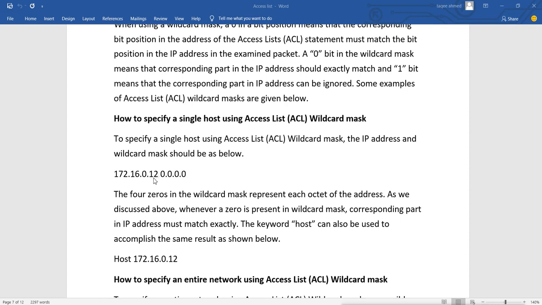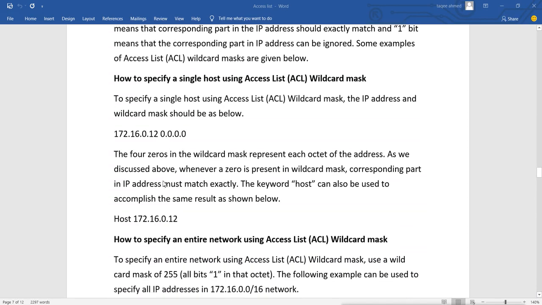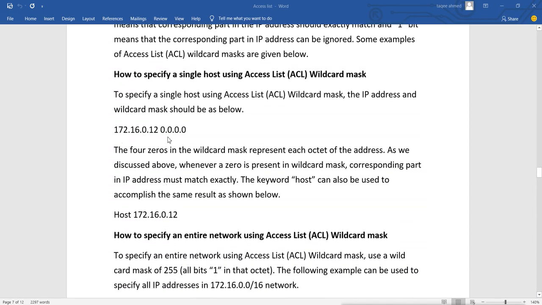So after this IP, I will use this wildcard, and a 0 means it has to be verified, checked, examined, and if I don't want to examine something, then I can use the on bits, that is 255. We can mention it like this, or like this also.